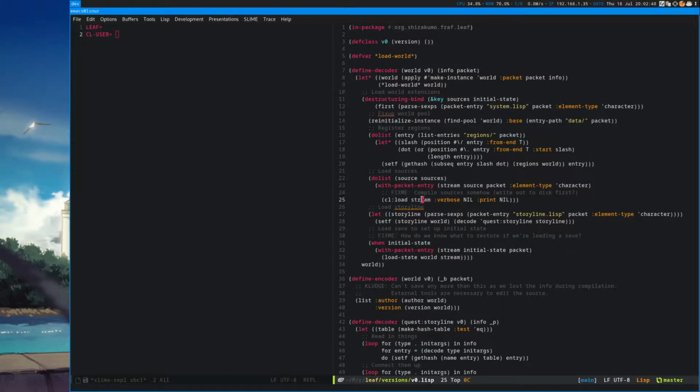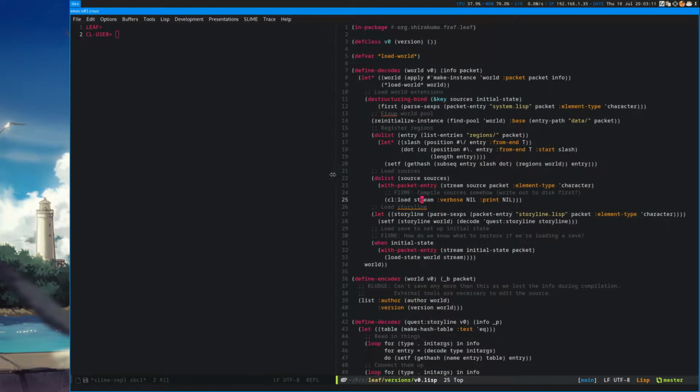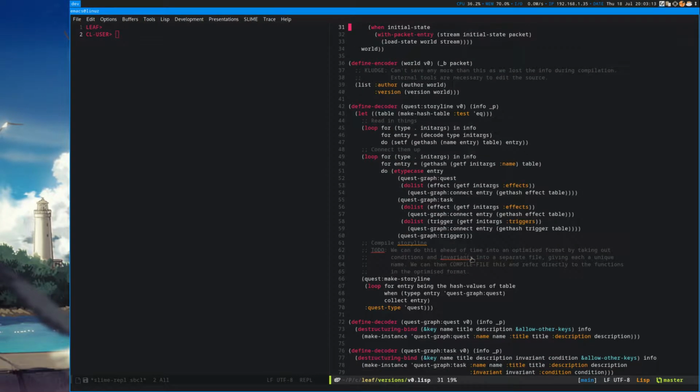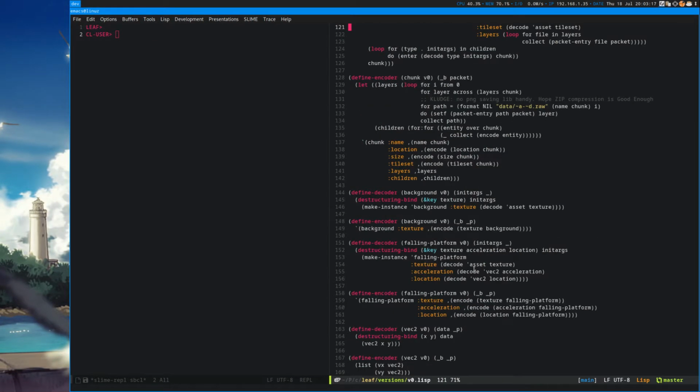I'm pretty sure, at least in a large part, I can rectify that by taking the packet protocol that's in Leaf right now and putting it into Trial and making the entire resource asset system make use of that instead of directly dealing with files. And I think I'm going to do that, but not right now. It's not that important to me. It's just a cool thing that could be done. So I'm keeping it in the back of my mind.